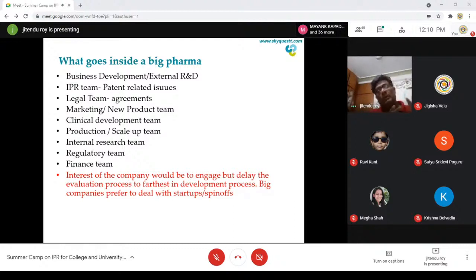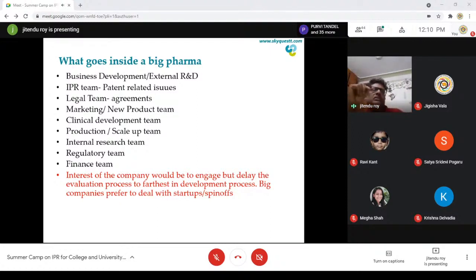And then many a times I have seen in my whole life while working for this, the scale up team has rejected the technology even though there is very strong potential of reaching the market based on all other data, patent good, everything good, technology good, but the scale up team said that this will not scale up beyond a level. And because we cannot manufacture in bigger numbers, the price of the product would be so high that we cannot sell it. So therefore this is also an important